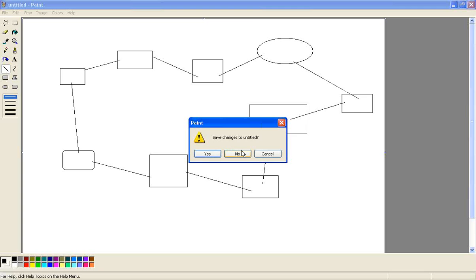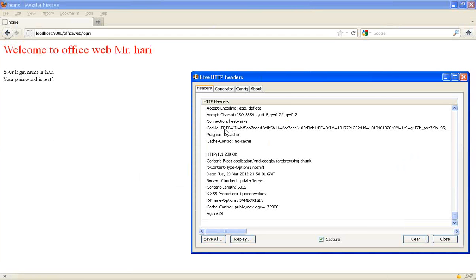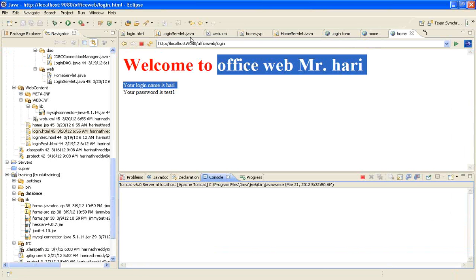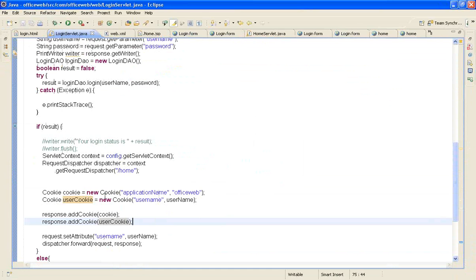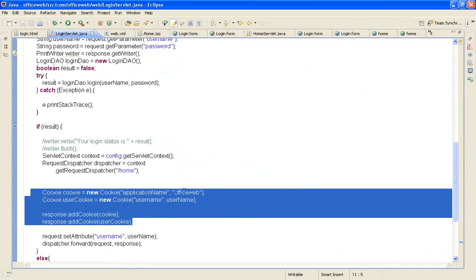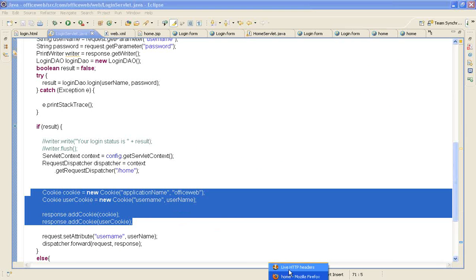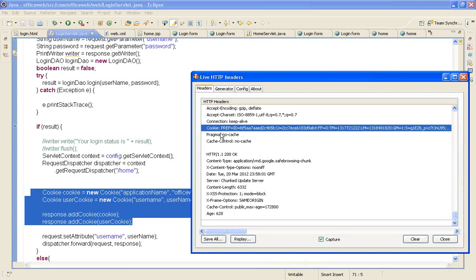Let me exit from here. So how can we actually achieve session management? If I log in, I cannot log in for every request, right? So we do it explicitly, in different approaches. One is cookies. Cookies mean when I add the data, they go and sit in the browser, and next time when the request happens again,